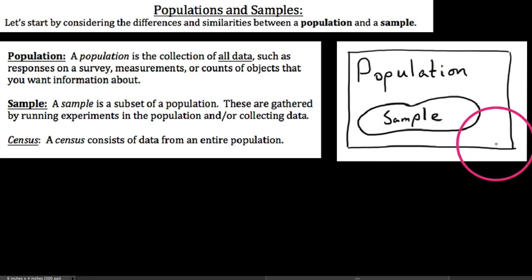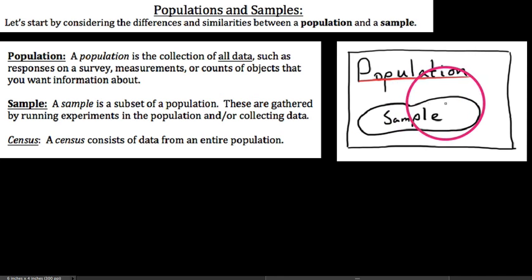So you see on the right here, I made this sketch. You can see a screenshot of it, but inside my Venn diagram, you can see that the population is representative of every single object in this set of things that we're studying. Whereas a sample, we just say, very simply, is a subset of the population. You'll see that's the definition that I've got written over here. So we say that these are gathered by running experiments in a population,